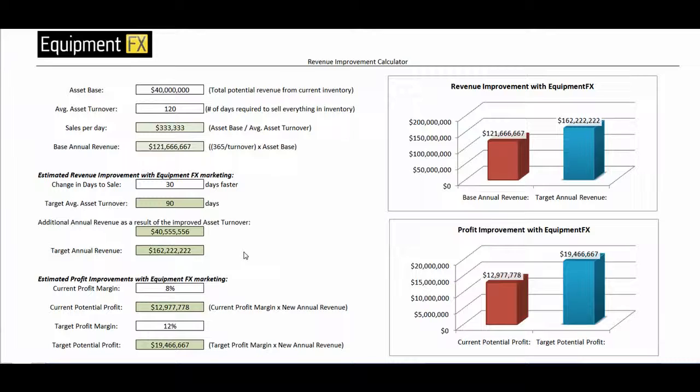So this again is just a brief overview. You can access it on the sidebar. But it works like this: take your average annual asset base, your average turnover, your average sales per day to come up with a base annual revenue, and then your desired change in days to sale from 120, improvement by 30, target asset days to turn 90, shows the improvement from this to this, assuming you redeploy your assets, and